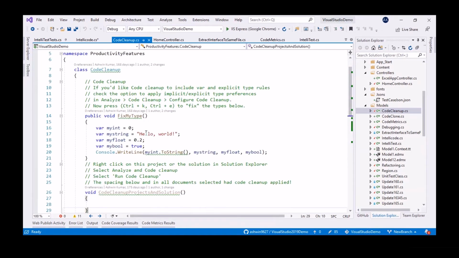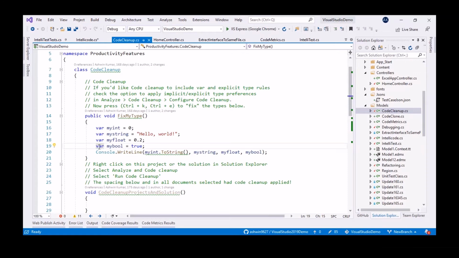As I come to this method, here you can see some of the variables I have declared. Here I declared an int of 0. Here I'm giving a string, here it is a float or double, and here it is a boolean. I know what I'm using here. For example, I know I'm using true here, so I can put it as bool. Instead of bool, I'm using var. It is not a good practice, right? I know the data type which I'm using. Knowing that it is a bool, I'm not using bool; instead, I'm using var.